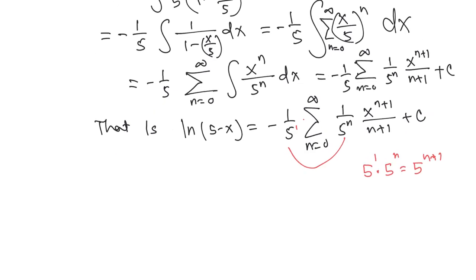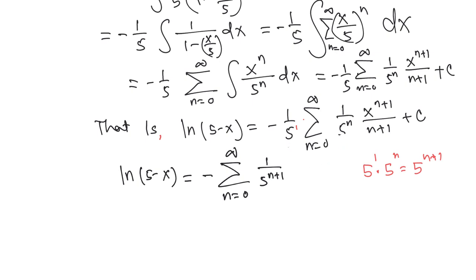So on the left side we have ln(5 − x). That's the question, equals negative. We can just leave the negative outside. We can put it inside if we like, but that's all right. Just leave it outside. The sum over n from 0 through infinity, 1 over 5 raised to n plus 1,